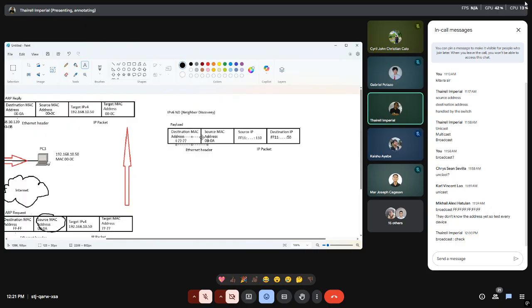Okay. So there's no difference in your IPv6 Neighbor Discovery, except that you use the IP address in the form of hexadecimal numbers, basically hextets in combination.